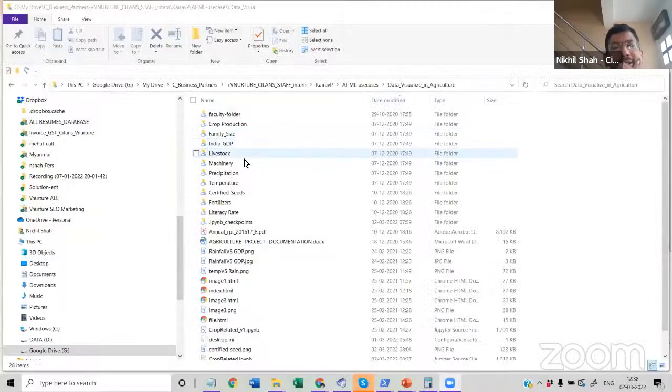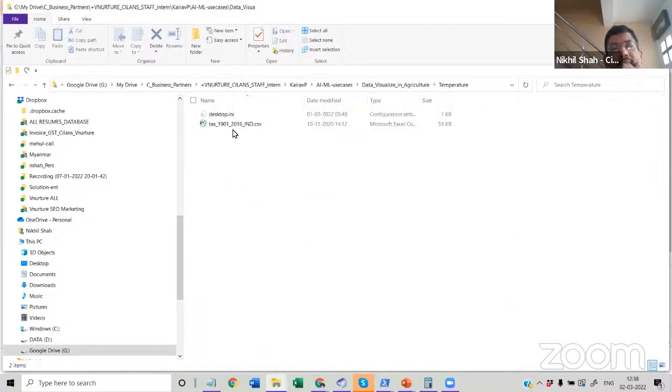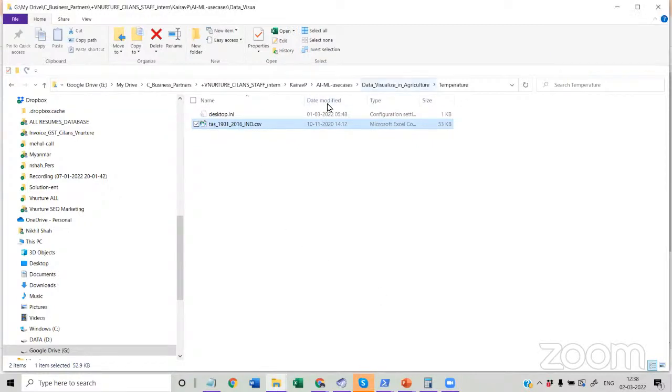So let's say there is a data set that we have collected from different locations. So this is, let's say, temperature data. I hope you can see the screen, and I'm going to open that.